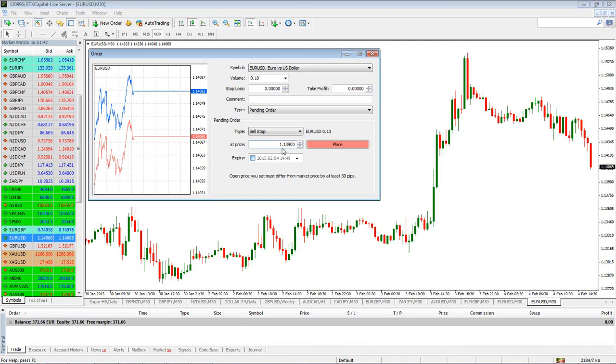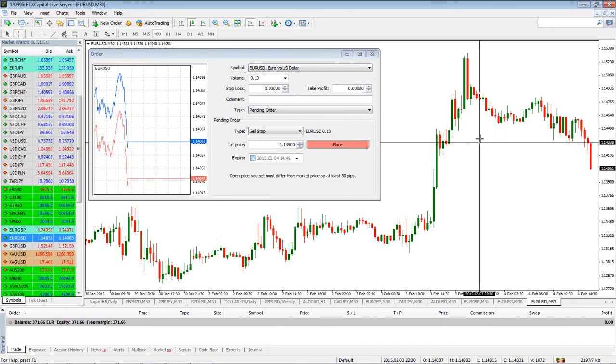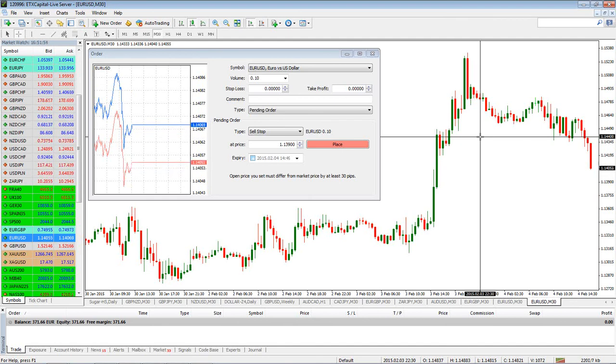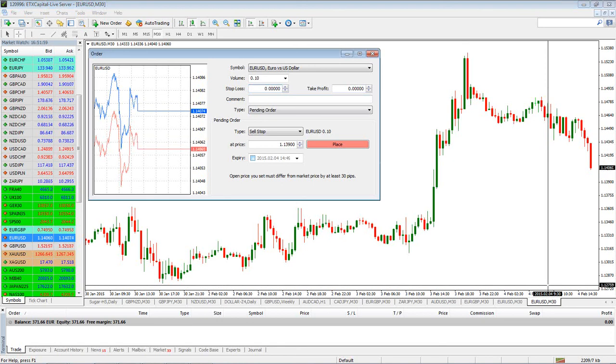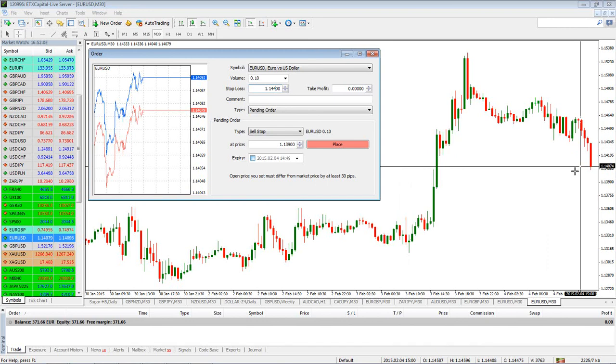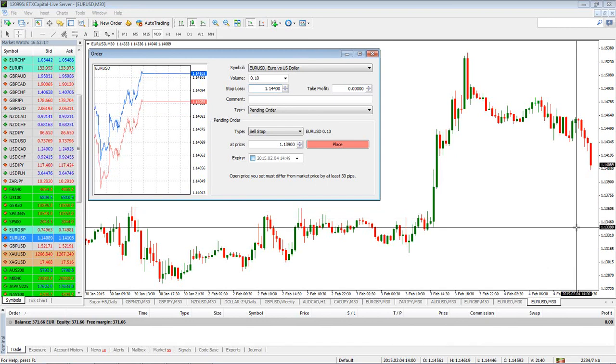So I'll go to the stop area and type in 114.40, and then as a take profit, let's say I wanted my take profit to be 113.99. That's my take profit. Now I have the complete order, and if I just select the place button,